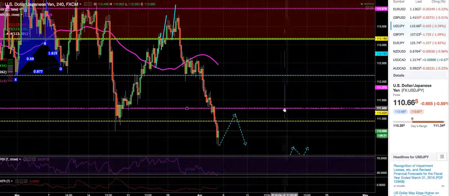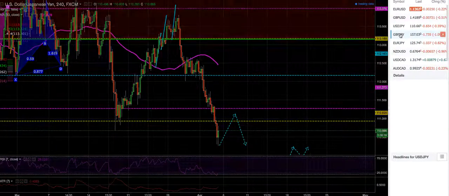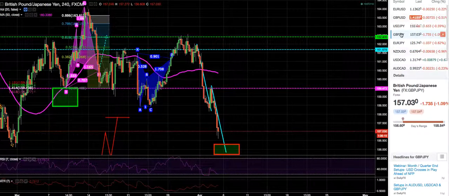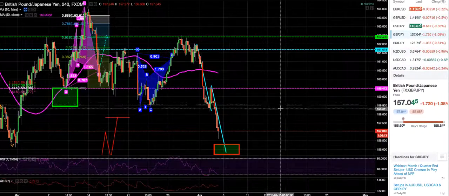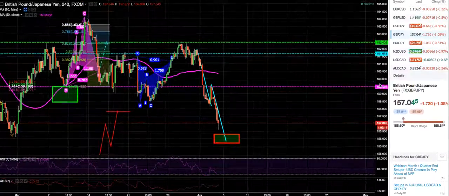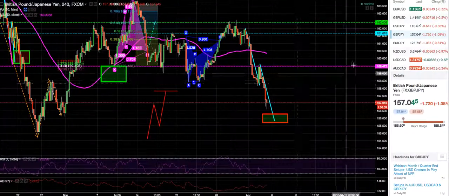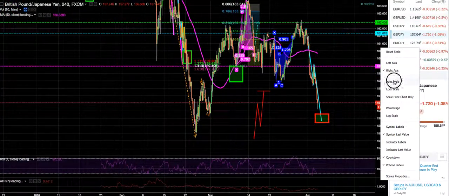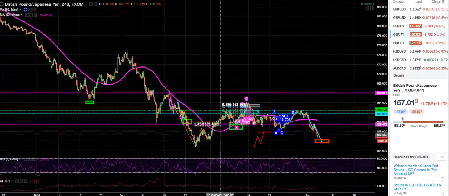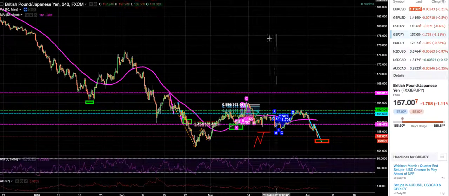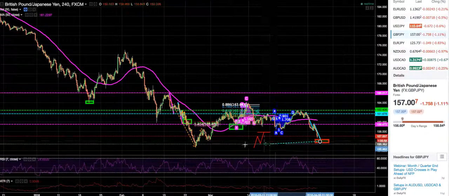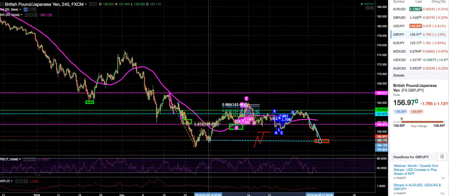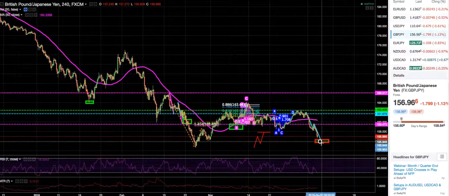On the dollar yen. Let's continue. I don't really remember what I drew in. Same thing on the pound yen. We have that ABCD pattern, and let me auto scale this, and I want you to take a look at these two areas right here. This is of course this structure area right here,